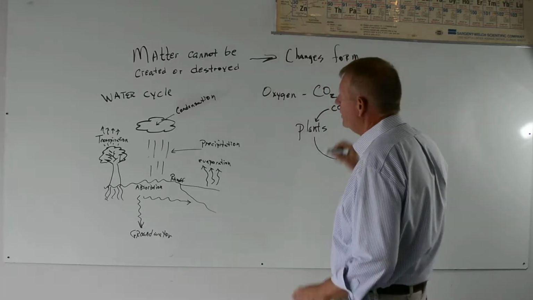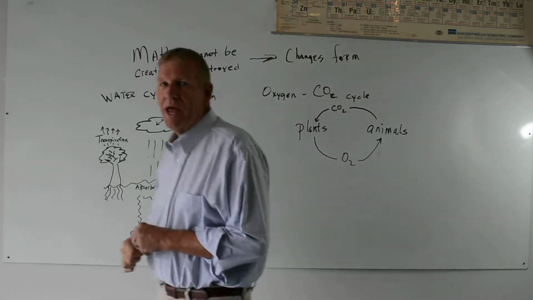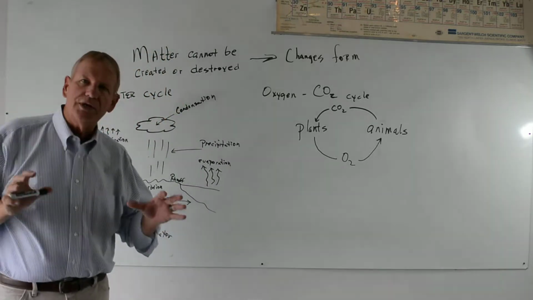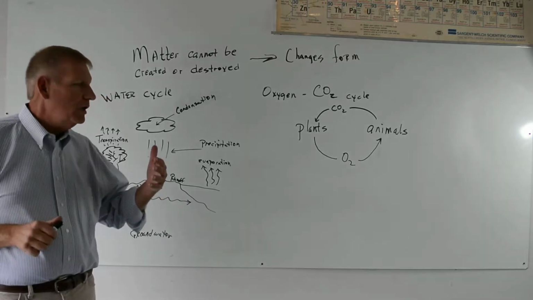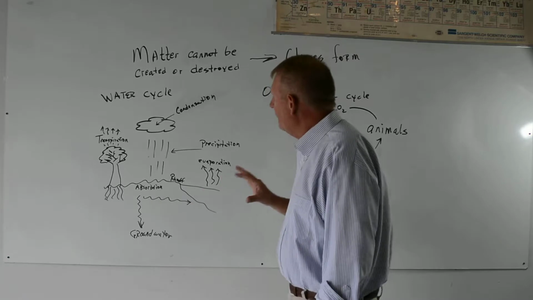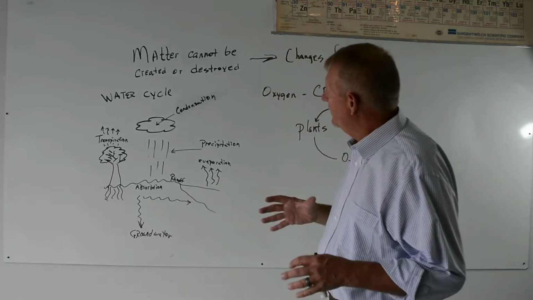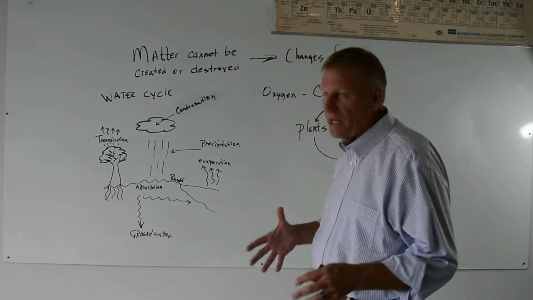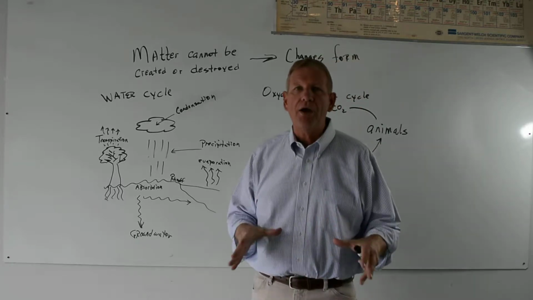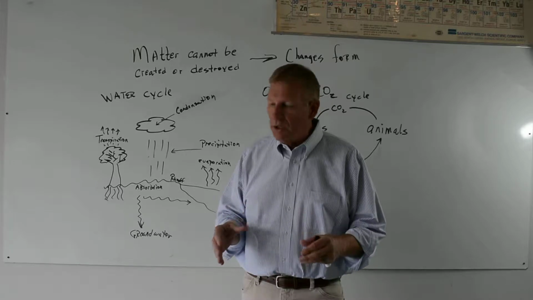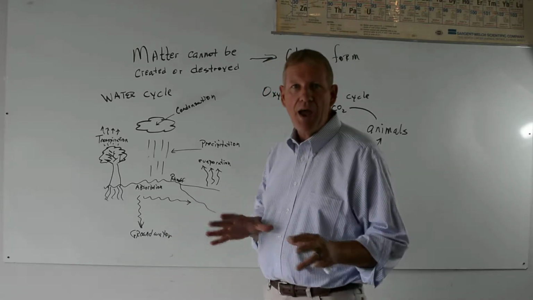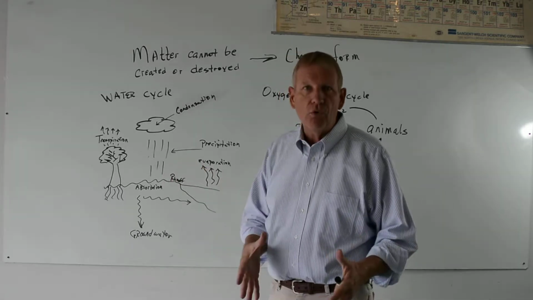Later on, when we look at the chemical aspects of this, we'll look at where the carbons are and the hydrogens and the oxygens. But what we have to realize is that the day that the earth was created and formed, there was the same amount of everything. No new matter on earth. No new water, no new carbon, no new hydrogen, no new oxygen. There's the same amount as the day that the earth was formed.